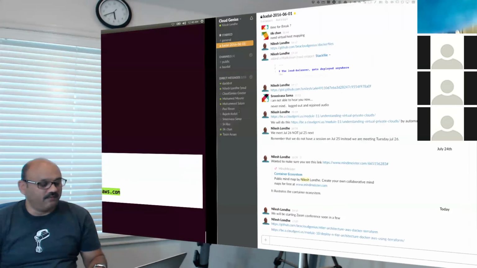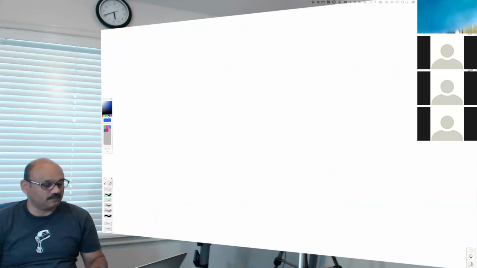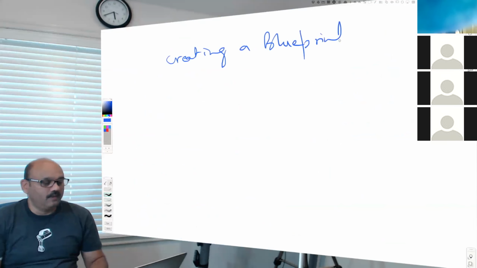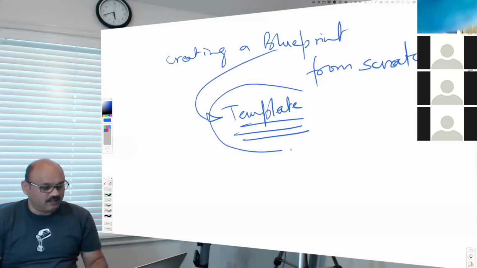When you design a template, you're basically creating a blueprint from scratch. That is what a template is. You're creating a blueprint that you can reproduce over and over again.